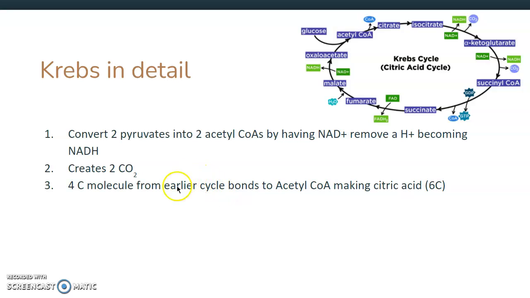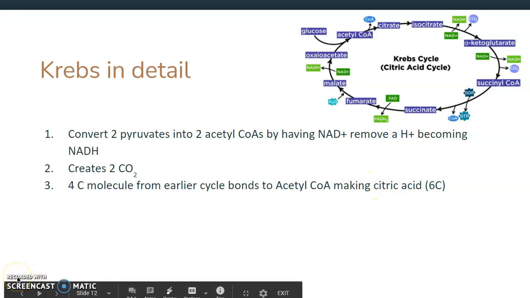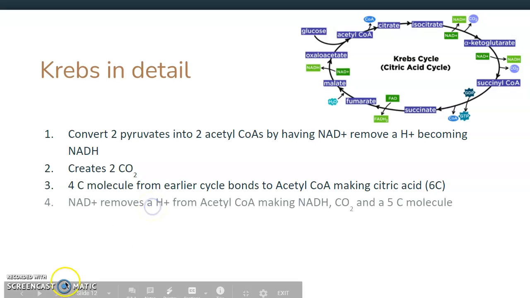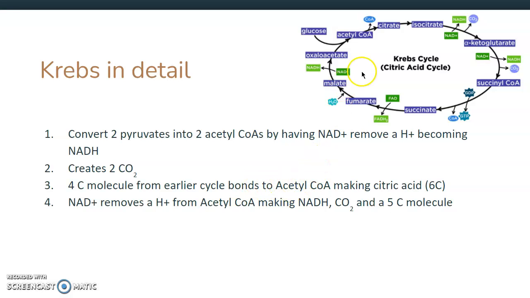from an earlier cycle. So since this is a cycle from the beginning of the last cycle, we have a 4-carbon molecule which will bind to our acetyl-CoA, making our citric acid, which has 6. Once we take our 4-carbon molecule from an earlier cycle and combine it with our acetyl-CoA, we'll have a 6-carbon molecule. Then NAD plus removes an H plus, making NADH, CO2, and a 5-carbon molecule. So we're just going around our chain. We were just here. Now in this step,